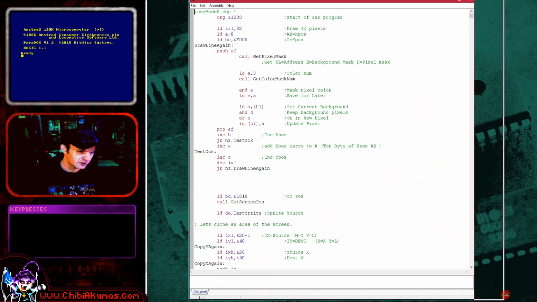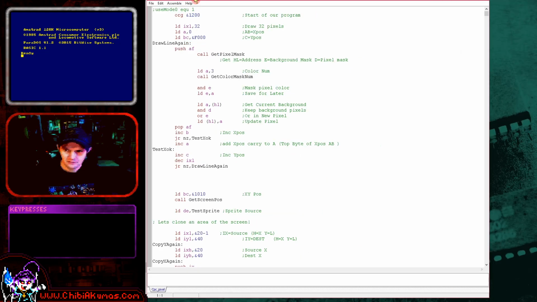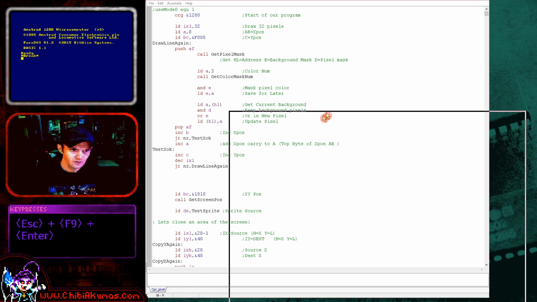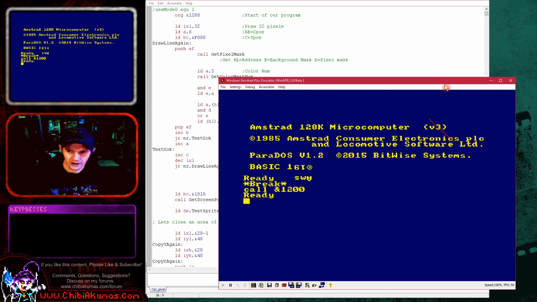I'll just resize my window a little bit here. Okay, so let's just fire up today's example and we'll see what it does. If I do call 120 here, well, what we've done is we've drawn a diagonal line over here, and we've also, if you look